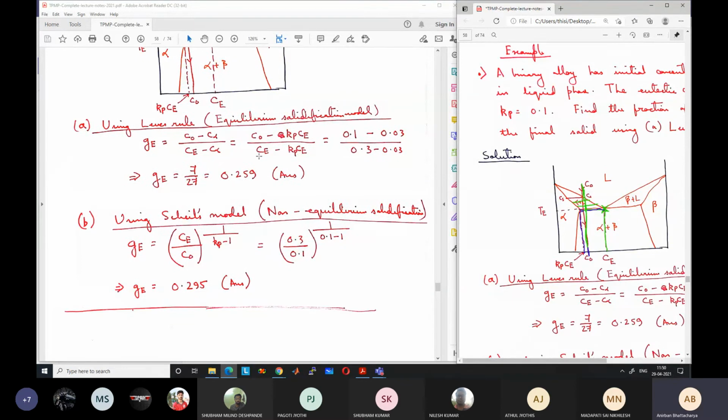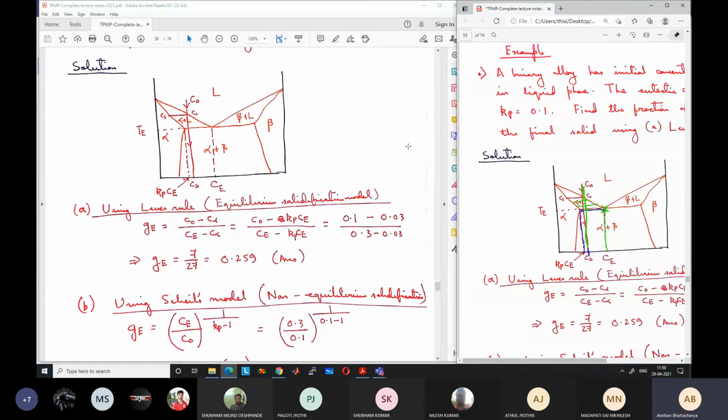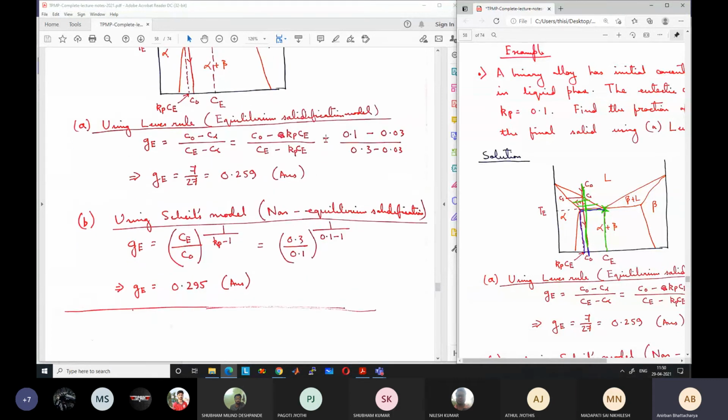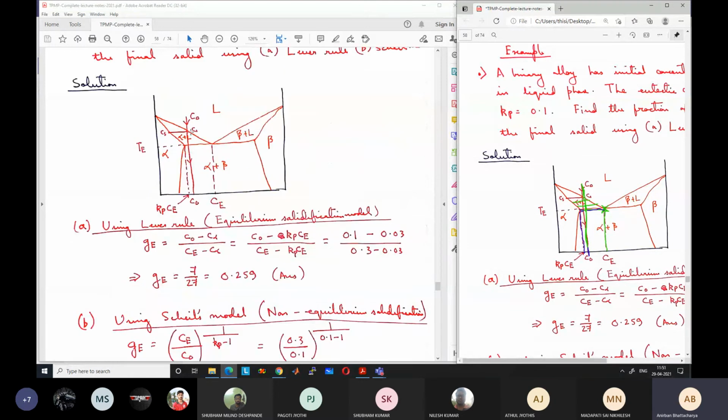If some problem like this comes in the exams, you can expect problems like this. Say some values are given similar to this simple problem. What will be the phase fraction of alpha, or the volume fraction of eutectic? Or if the volume fraction of eutectic is given, I can ask you what is the initial concentration, something like that. This type of problem should be very clear to you. These are very simple. Once you have a good understanding of the process, these are like one-line problems.